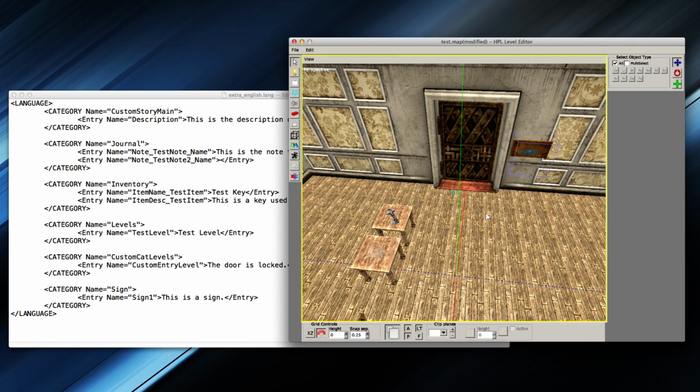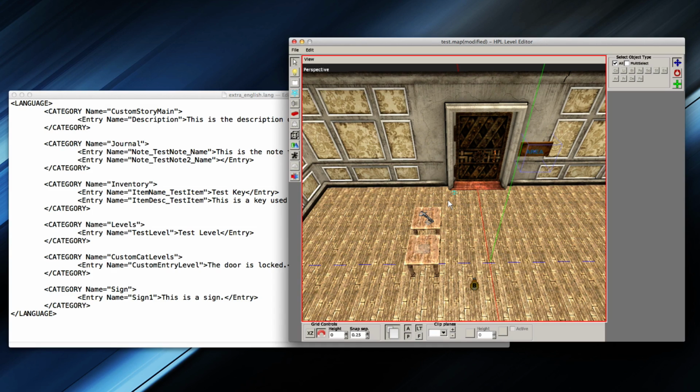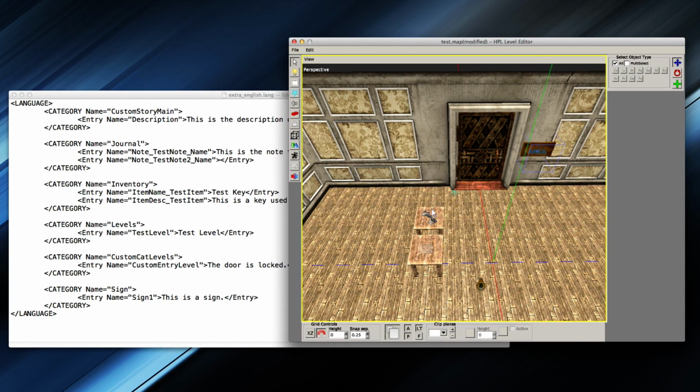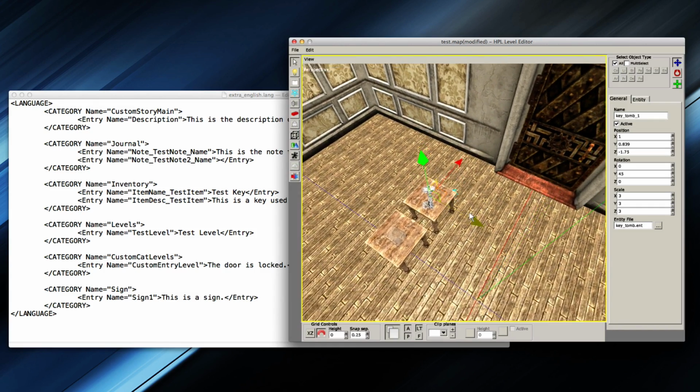And now we have done everything that I'm going to do in this map that does not involve scripting. So I'm going to actually jump over to a little bit of scripting. It's very simple scripting, but it's going to basically just trigger how we're going to run these script-sided extra English dependent functions. That was a little weirdly worded, I guess. Maybe you understood it, but basically whatever is done in the extra English.lang that is done through scripting, we're going to be doing now.